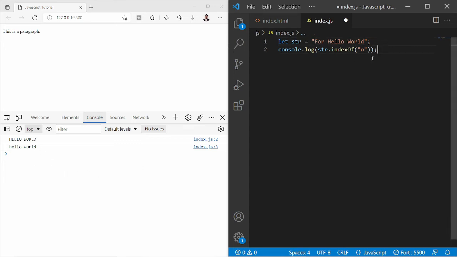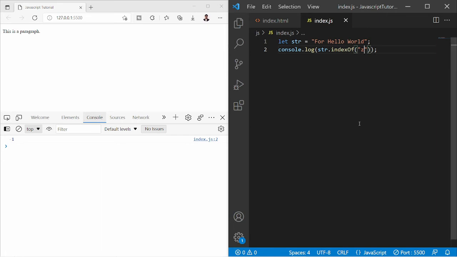So as soon as I save, we can see that 4 is logged here. In short, indexOf returns the index of the first occurrence of the substring in the given string. Now suppose we provide any other character which is not present in the string, then it will return -1. For example, z. If I save it, it returns -1.